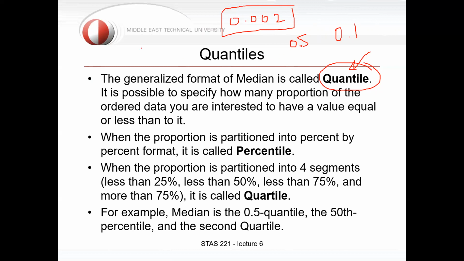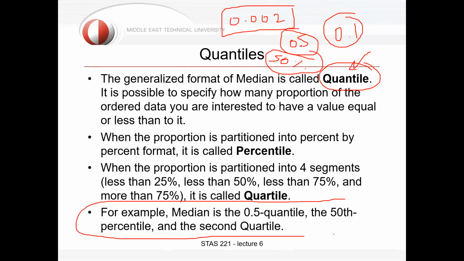If it is in terms of percentage, like I show 50% like this, then you can call it a percentile. If it is in terms of a ratio, like a proportion, then you can call it a quantile. But they could be exactly the same, like the median. I will show you in this part that they could have the same meaning, but the way you represent them is different. And we name them because from time to time when you want to partition your data, you use such terms,